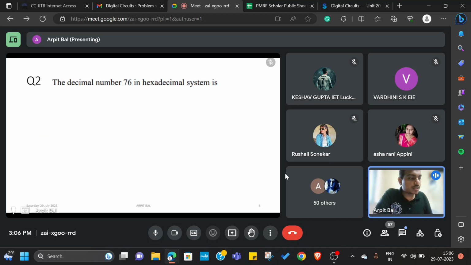Moving on to the next question. The decimal number 76 in hexadecimal is: